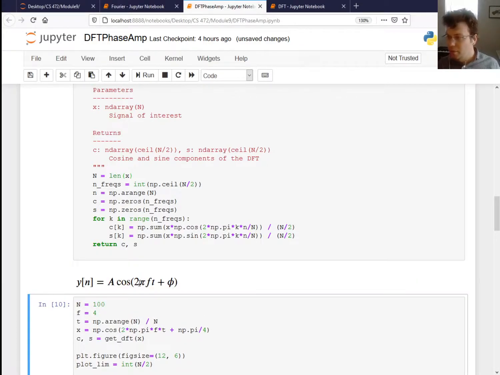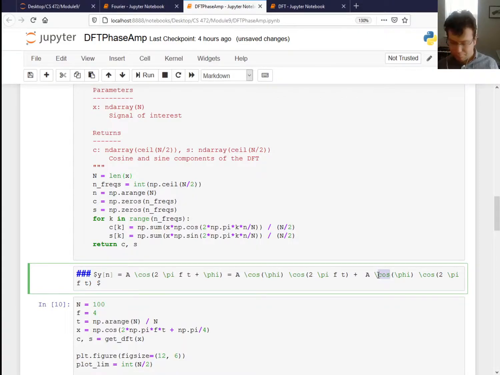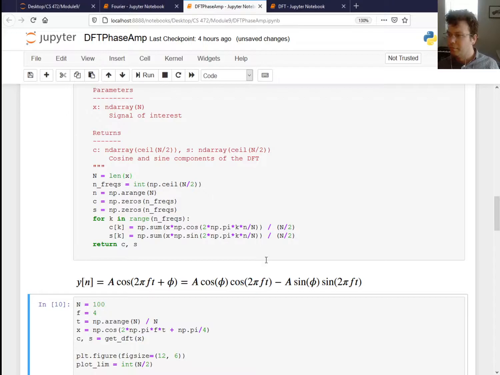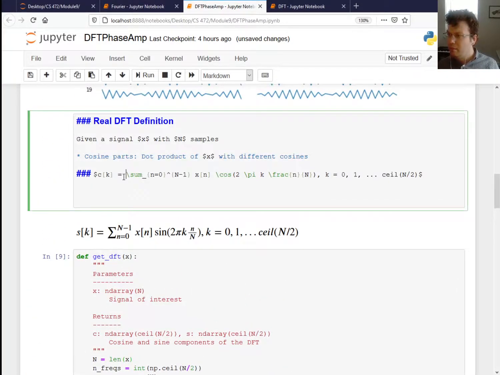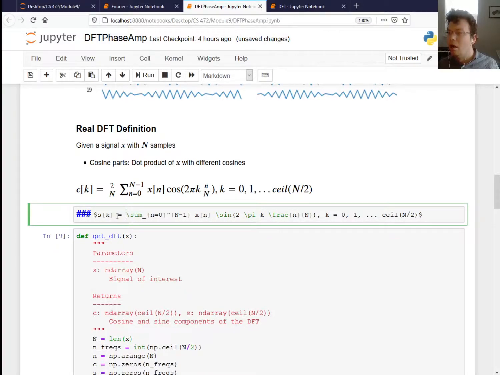So here's the sinusoid, but we can rewrite this. I'm really going to use the same trick I used before, but this time I'm going to pull out the amplitude as well. So I can write that as A cosine of phi, cosine of 2 pi f t, plus a sine of phi. Remember, actually it's a minus here: minus a sine of phi, sine of 2 pi f t. Okay, so if I tweak my definition here a little bit, and I scale my thing down,